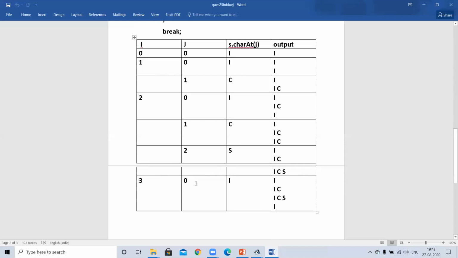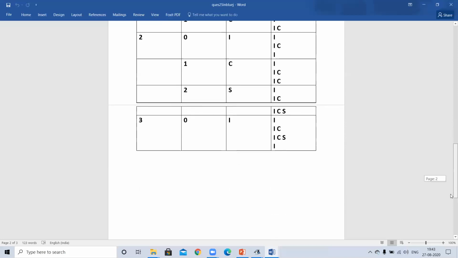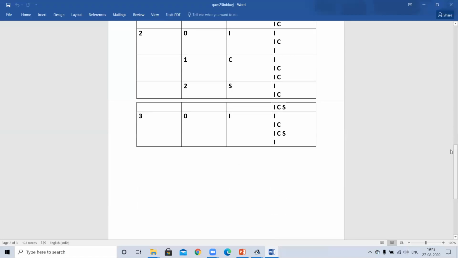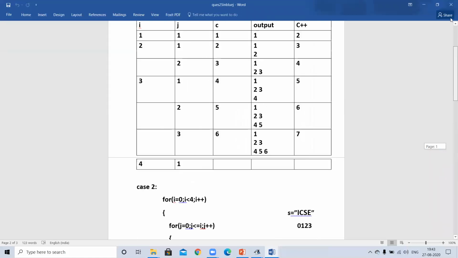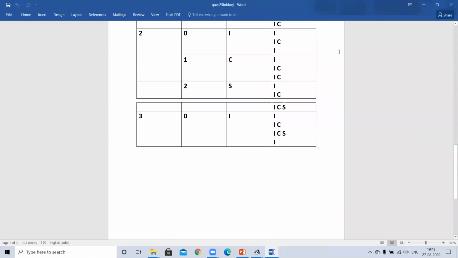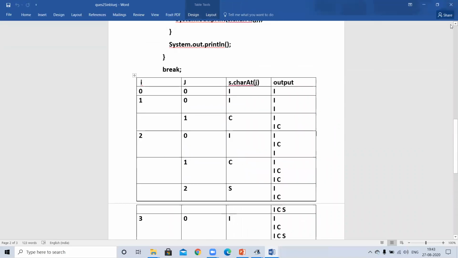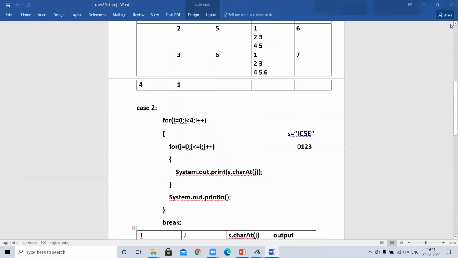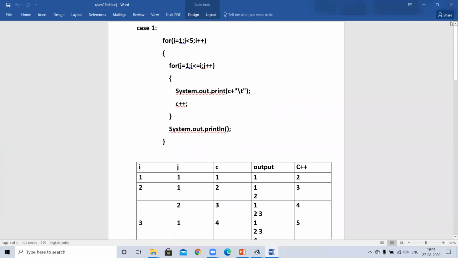Then J will again execute from 0, 1, 2, and this time 3. So completely it will print ICSE. I think you all understood how this execution is going on. So in this way, we can print both patterns, Floyd's triangle and this ICSE pattern.